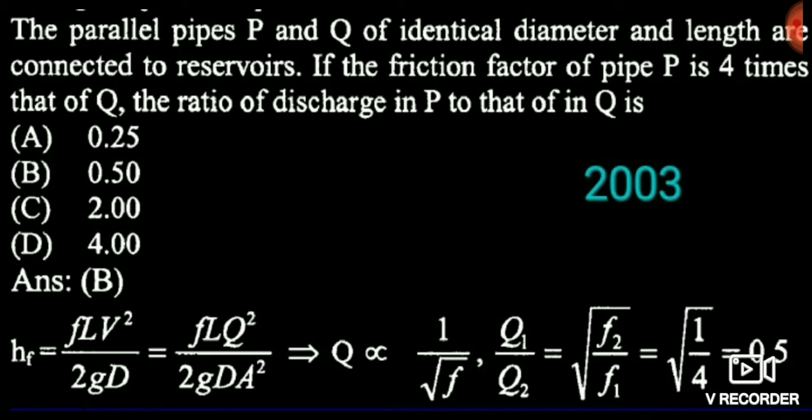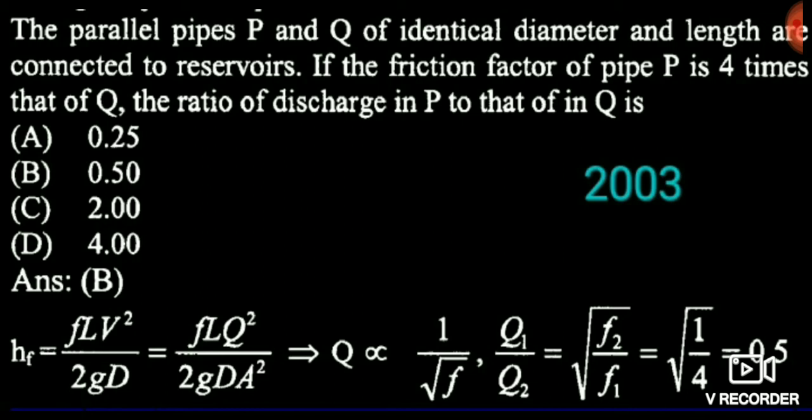So simply you can use H is equal to 4FLV square by 2gD. Here I have used FLV square by 2gD, means 4FLV square or FLV square. I think all of you are now clear with that, because I have told you that when Darcy's friction factor is given, then you have to use FLV square, and when Fanning's friction factor is given, then we have to use 4FLV square. So the head is constant, so head cancels out, and you can write the velocity in terms of discharge. Here you can see that velocity is equal to discharge by area, means Q is equal to A into V. So V is equal to Q by A.